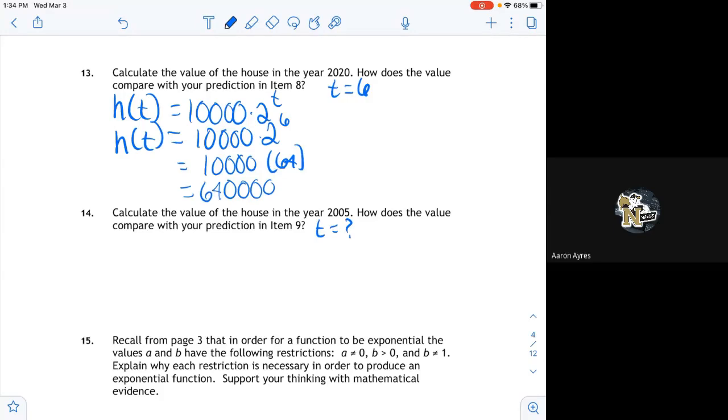Exactly. All right. So it's going to be 10,000 times 2 to the 4.5 power. You're going to do 2 to the 4.5 power first. Get a number. Take that number, multiply by 10,000. Are we good? That's all we have to do. You're trying to plug these numbers in. Please use your calculators.